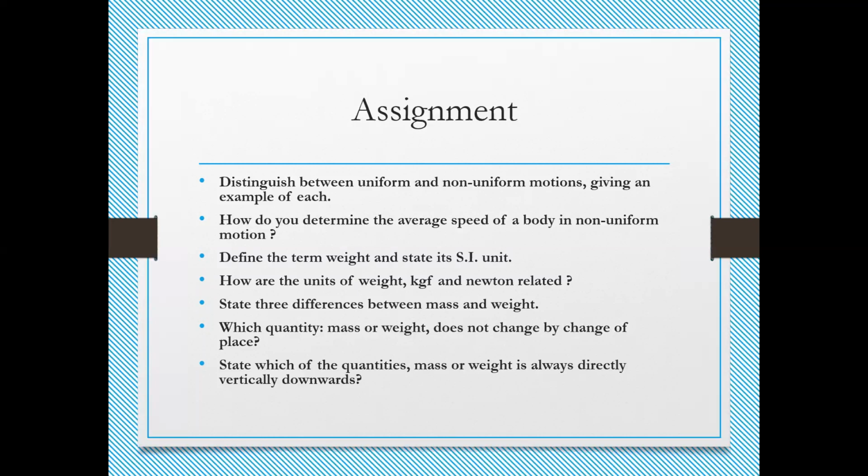Next question is, state three differences between mass and weight. Right now we discussed this, many points were there. Out of that you have to write any three differences. Next question, which quantity, mass or weight, does not change by change of place? We have already learned this, that the mass of a body does not change by the change of place. Last question, state which of the quantities, mass or weight, is always directed vertically downward. This also we have seen that weight is the quantity which is always vertically downwards. So everyone has to write these question answers in